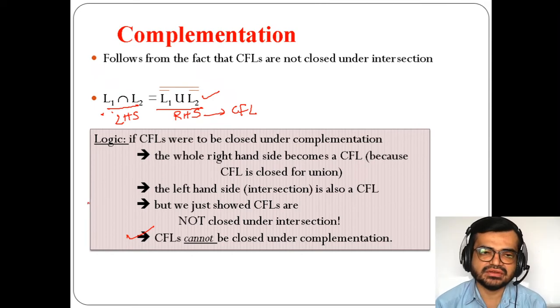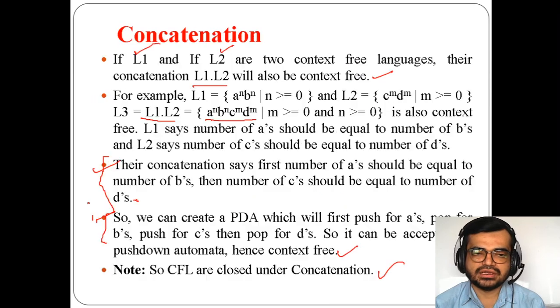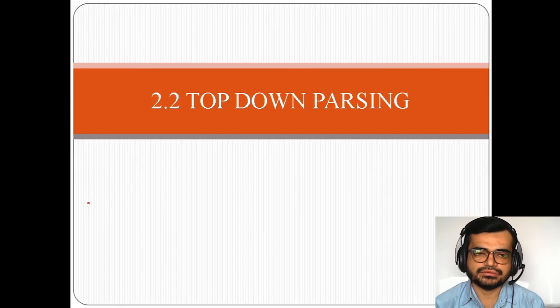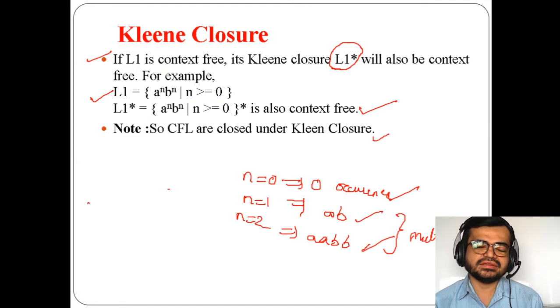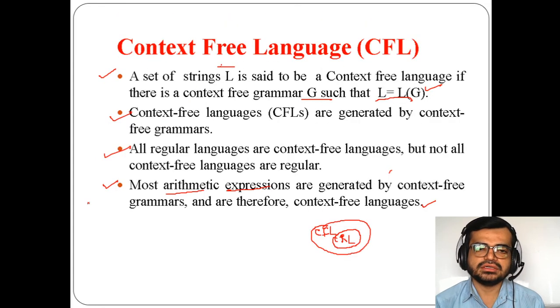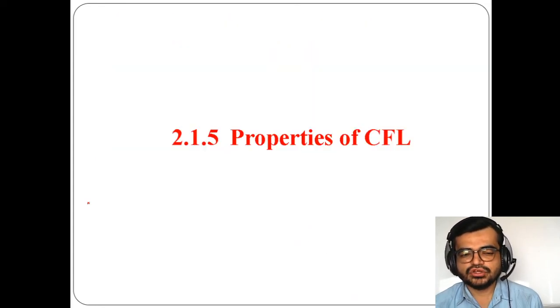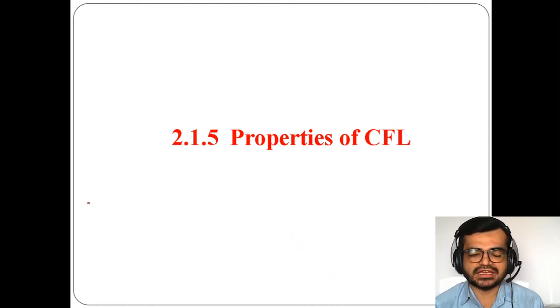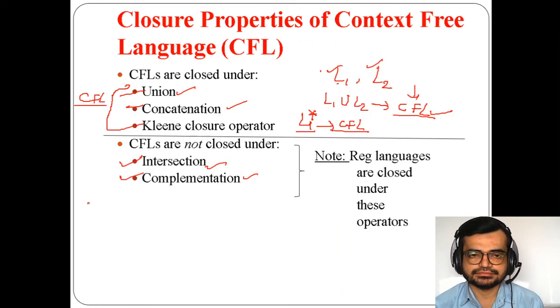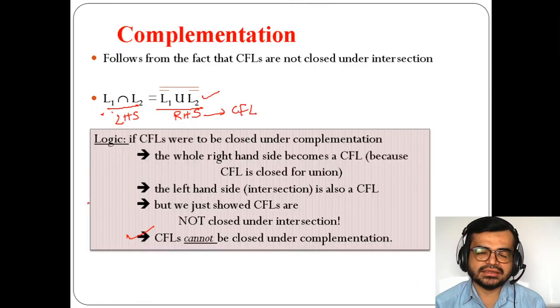So that's why we have proved in this way. So intersection and complementation we have proved. So this is regarding the properties of context free languages. With this we have completed the first chapter of the second unit, and moreover, the next chapter